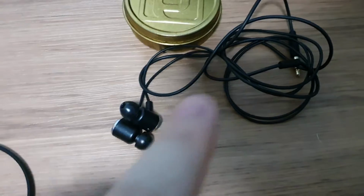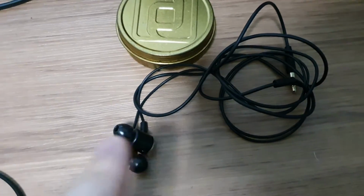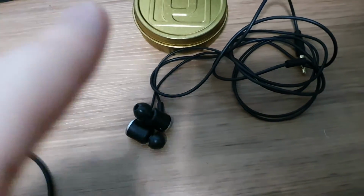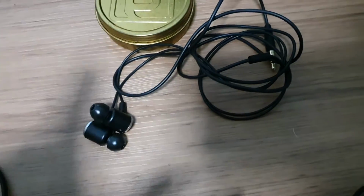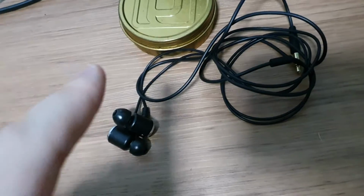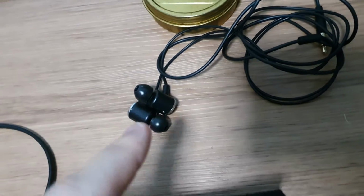Now, in my country, it's pretty hard to find this brand, so there was literally only one distributor that had these. And when I was there, they told me that they only have one pair, and that if I were to try it, I've got to buy it. So I literally took the risk, and I just tried, and I really liked it,